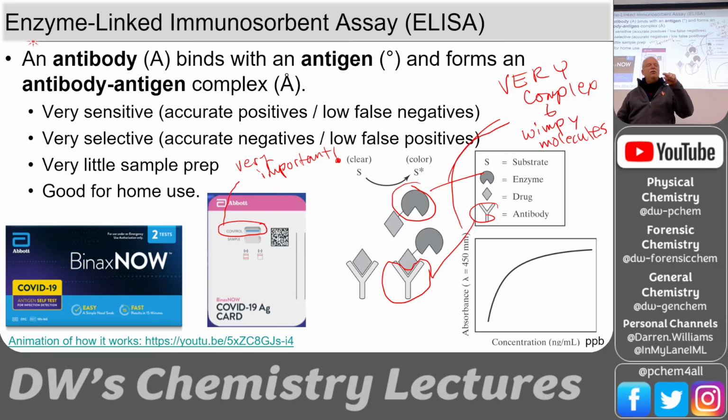And so we need that control line. The control line would tell us that that kit has gone through some experience that's wrecked the enzymes or the antibodies. So the control line is the most important thing. If that control line doesn't light up, then this kit has gone through some excursion that's denatured the proteins. And so when we see the control line, we know, okay, this kit can still operate because the proteins and enzymes and things are still in their form. And so once we see that control line, we know that the kit has got a good pedigree chemically, and then we can look to see if the other line that's actually testing the substance it's supposed to test is